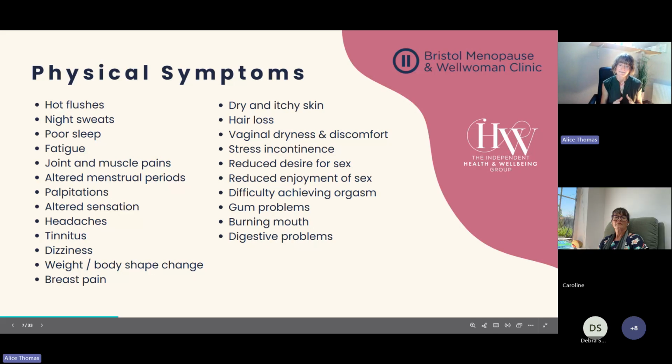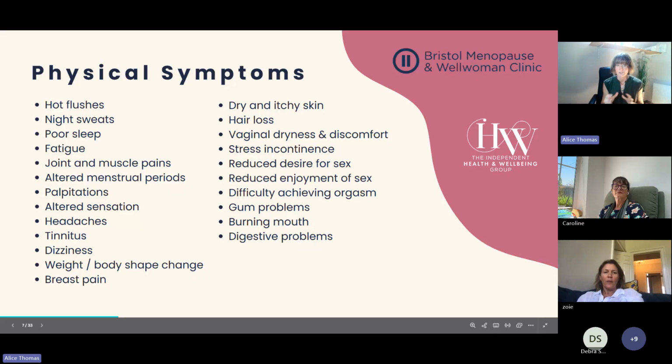Estrogen has an anti-inflammatory role, and so as levels fall, joints and connective tissues become more vulnerable, and this can lead to pain and stiffness for many. Periods can become more unpredictable, they can become heavier, they can become lighter. Changes range from being slightly inconvenient to completely debilitating for many women. Some people just aren't able to leave the house due to worsening pain and increased flooding,